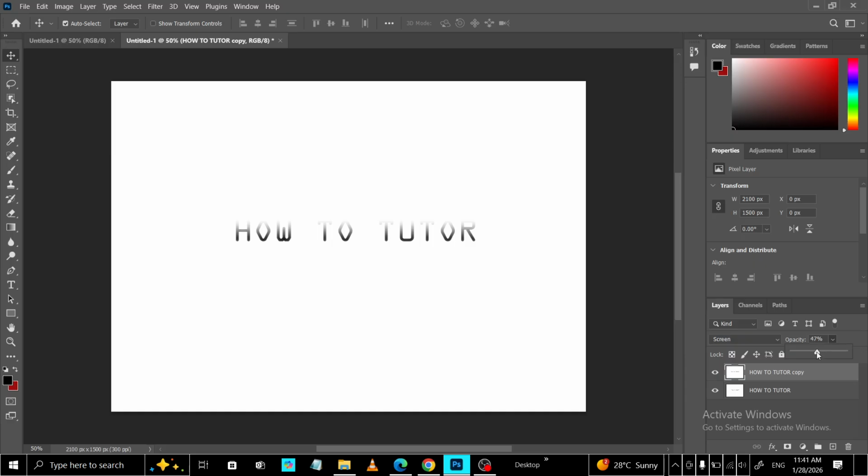If skin tones start to look washed out or highlights clip, reduce the opacity a bit more. If the glow feels too soft or smeary, you can also revisit the Gaussian Blur radius and nudge it down. Take a moment to toggle the layer's visibility on and off to compare before and after. View at 100% zoom when judging detail, and step